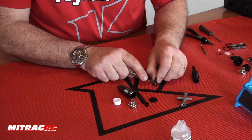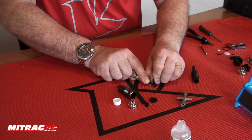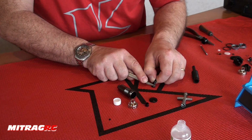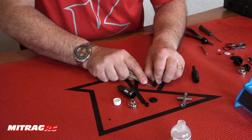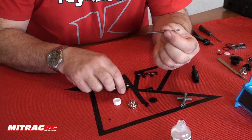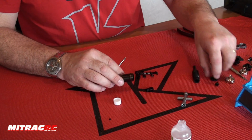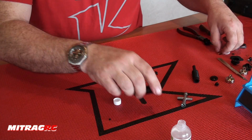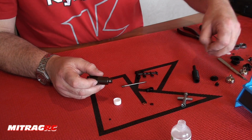Cutting the bottom off the. Careful with your fingers with the scalpel. Just taking the sharp edges off, so that again this doesn't affect the bellow of the rubber for your protector. So again, obviously the longer shock shaft, and the O-rings again, shock seals, shock clip,